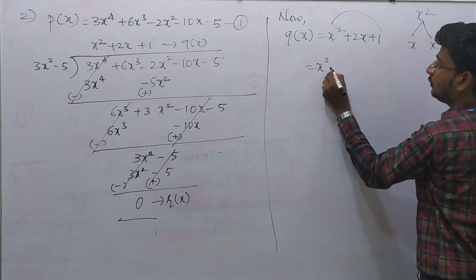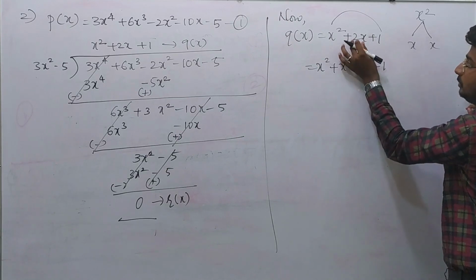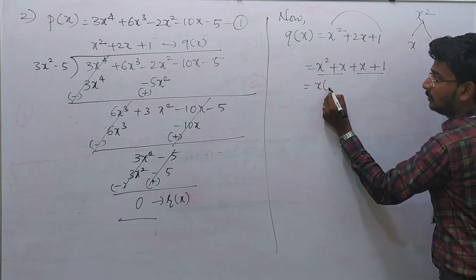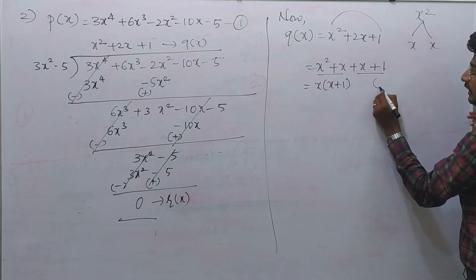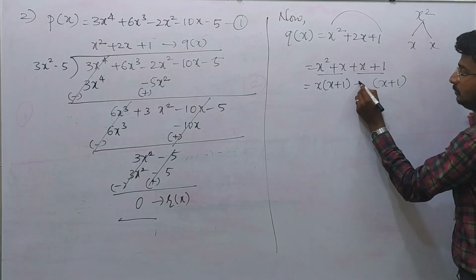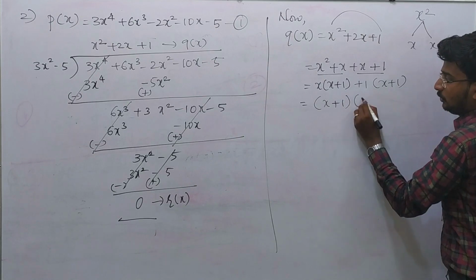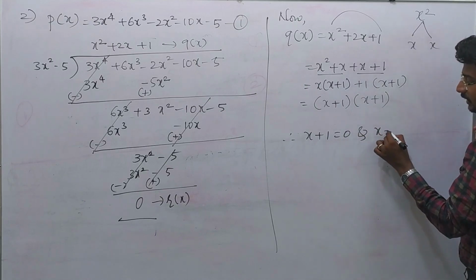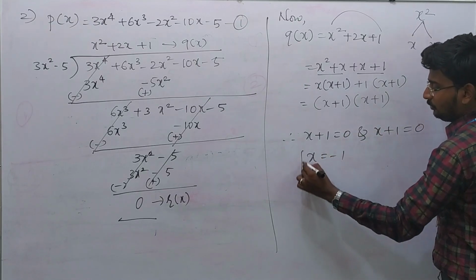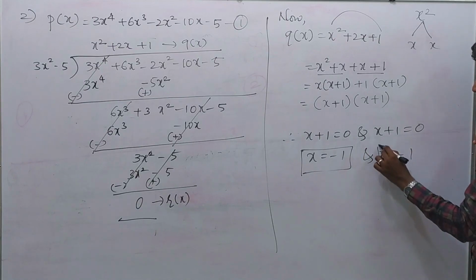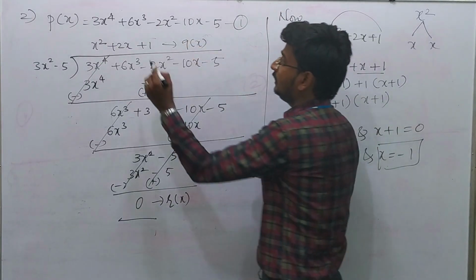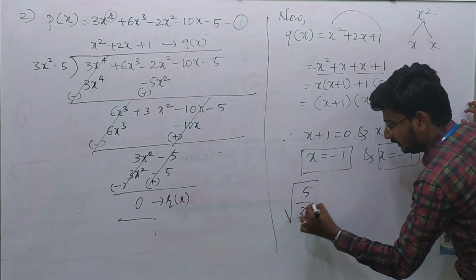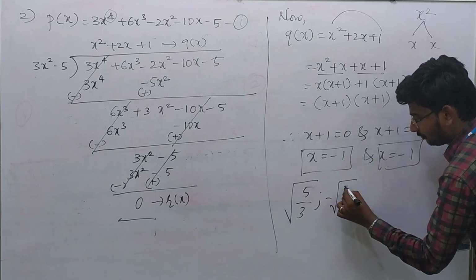So this can be written as x square plus x plus x plus 1, splitting the middle term. Again, in these two terms, x is common, remaining is x plus 1. Again x plus 1 as usual, already there is x plus 1, so simply multiply by 1. So the factors will be x plus 1 into x plus 1. Therefore, x plus 1 is equal to 0 and x plus 1 equal to 0. Value of x equal to minus 1 and value of x equal to minus 1. They said obtain the remaining zeros. What is the degree of the polynomial? 4. According to the question, two roots are already given, root 5 by 3 and minus root 5 by 3.